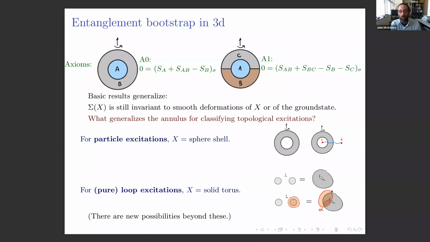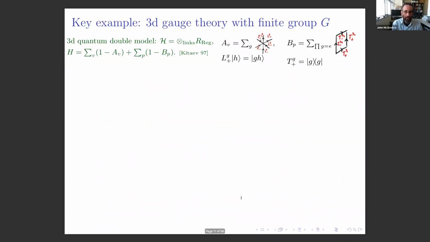They can form knots. But the thing I want to say here is that the knottedness of this loop alpha is not detected by the information convex set of the solid torus. So it can do whatever it wants out here, and that won't change the state inside the solid torus. So if we want to be able to detect any differences in the topological excitation resulting from the thing being knotted with itself, which indeed there will be, we're going to need to think about a different region. And we'll figure out what region that is later on. Yeah, good question. A region X of different topology. Right, exactly. I see. Good. Okay, so